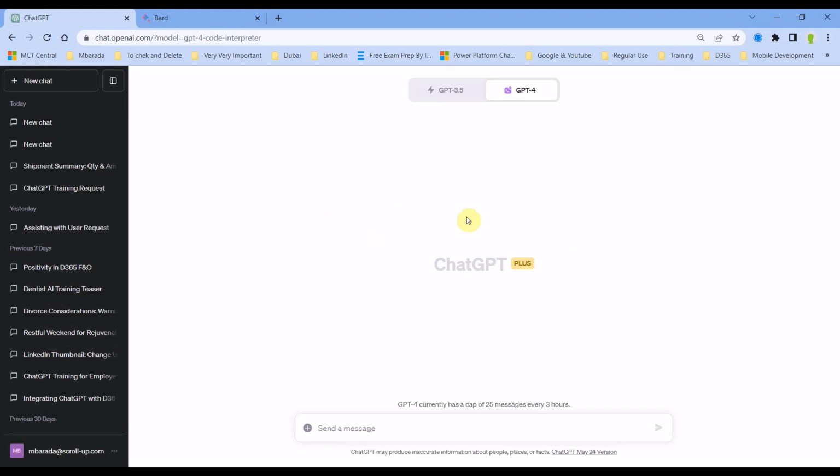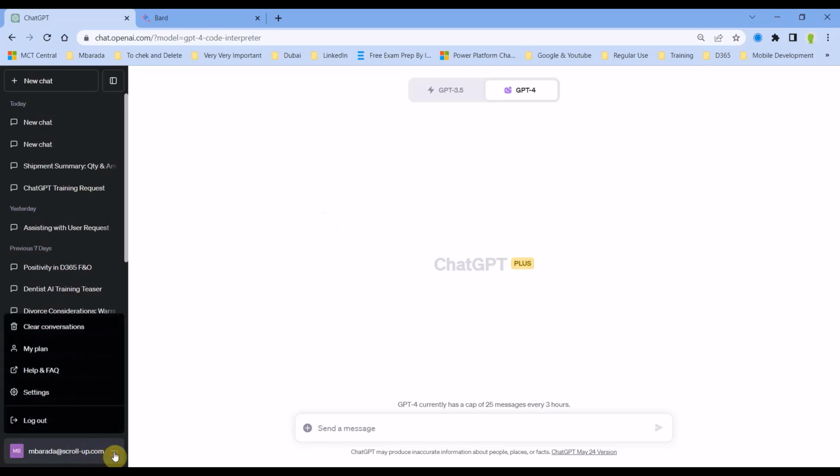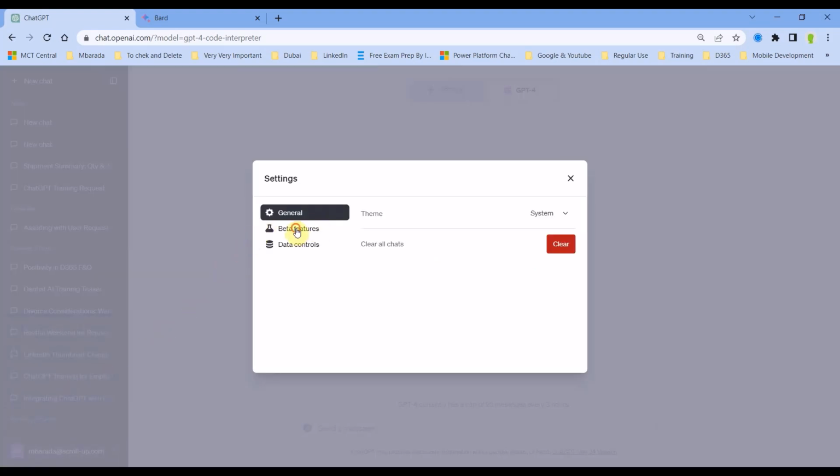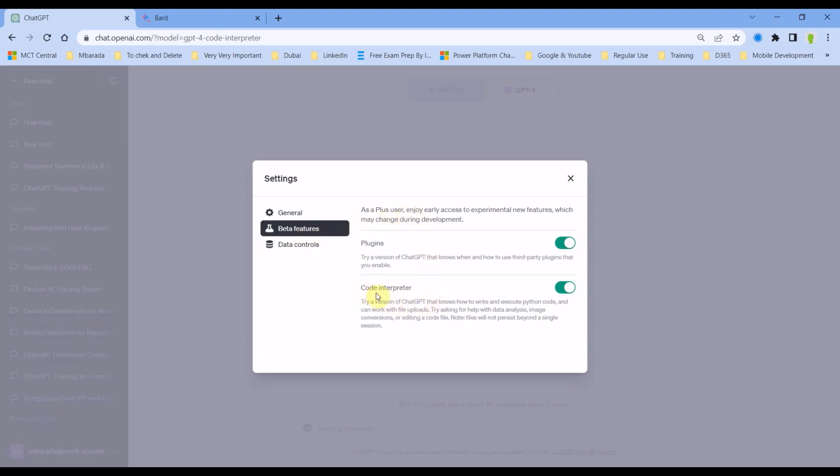You first need to have ChatGPT Plus. Okay, you go under the username, you click on these three dots, settings, you go to beta features, and you see here code interpreter. So you enable it. This is where it's mentioned that you need to try this version where you can ask